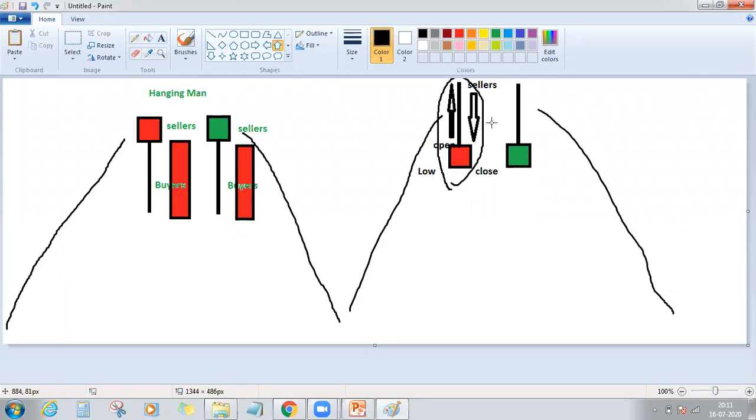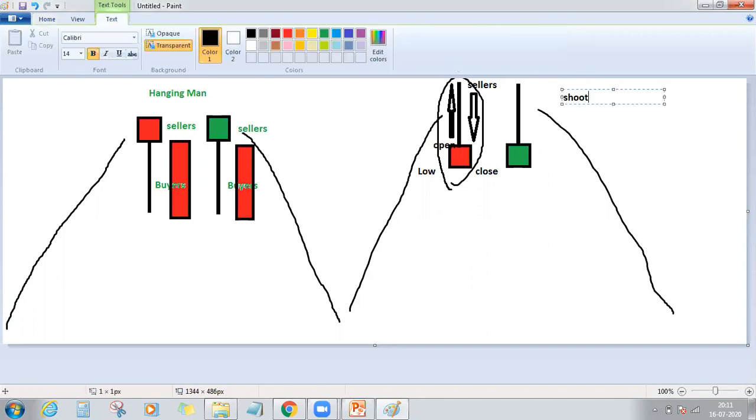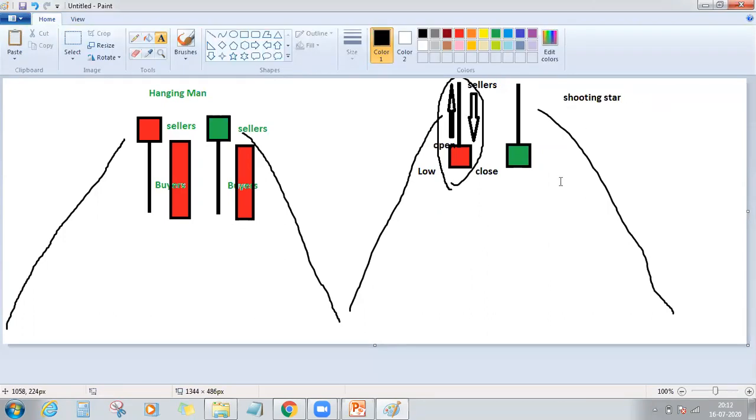So immediately after this pattern, most of the times, now see, in technical analysis nothing works 100% of the times. Everything has its own probability. So in some stock shooting star will be there. Yeah, so the name of this pattern is shooting star. So sometimes the shooting star will be seen and immediately the price will fall down, and sometimes it might go up. So failures will be there in technical analysis. But what you have to do is you have to bring down the ratio of those failures and you have to bring up the ratio of successes.